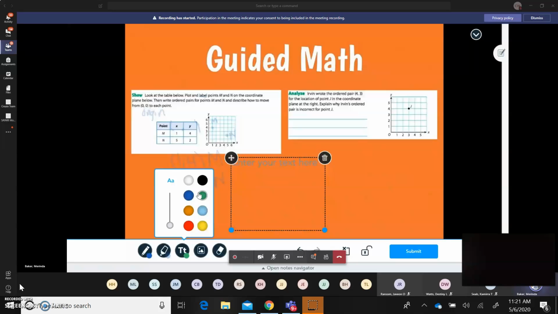So first, we start at the origin, move 1 unit. This was for M. Move 1 unit to the right, and then move 4 units up to get to point M. Now I have to describe how to get to point N. Once again, start at the origin,